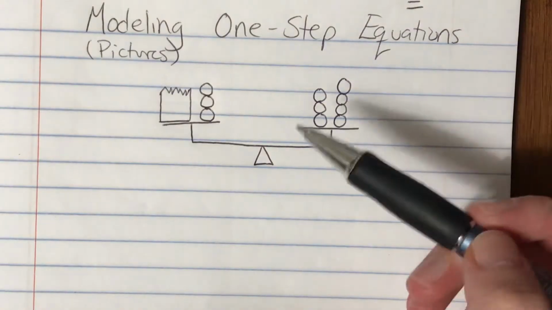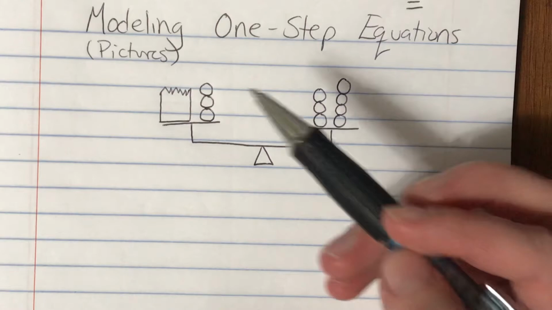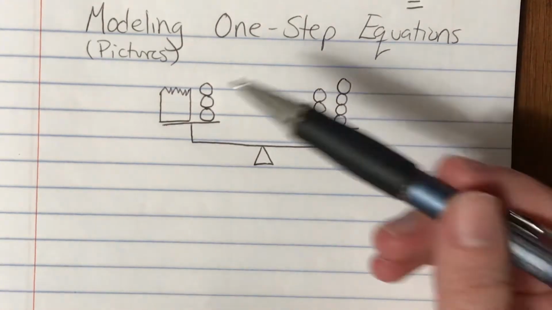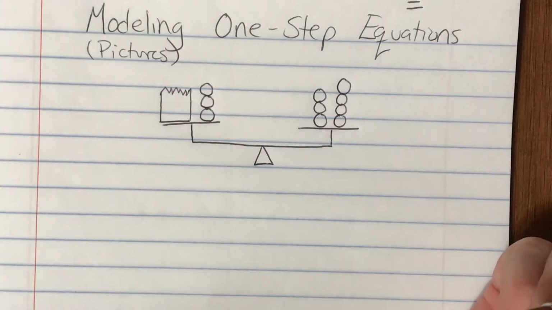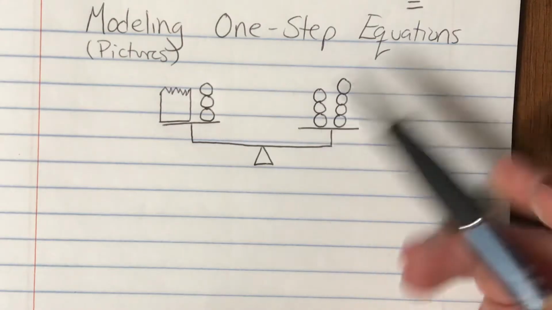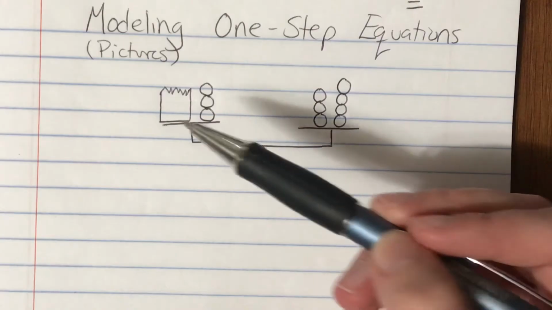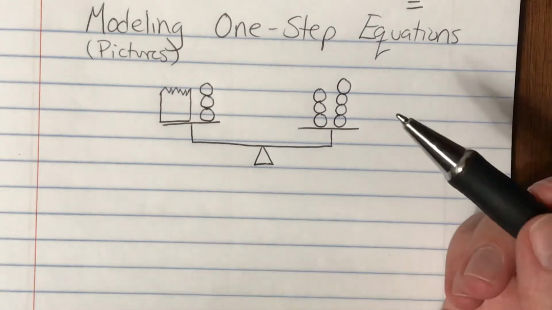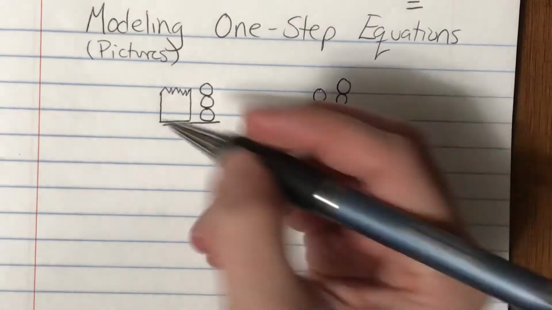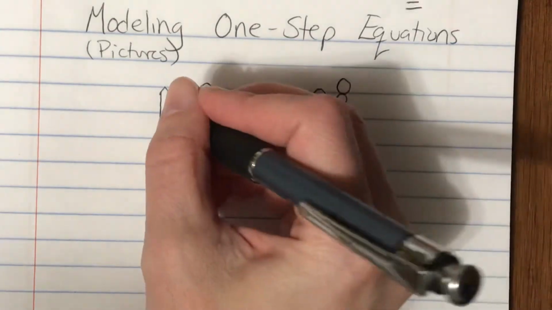And so my question is, if these things are balanced, then I want to be able to represent this situation as an equation to eventually figure out, well, what does that mean about the empty bag, right? And so maybe you can look at this right now and you can say, okay, if there's a bag and 3 apples and then 7 apples, how many apples have to be in this bag? You might be saying to yourself, well, I'm not so sure yet, or maybe you said an answer. But let me just say this. If we just look at this and we do not know what's in the bag, right now,